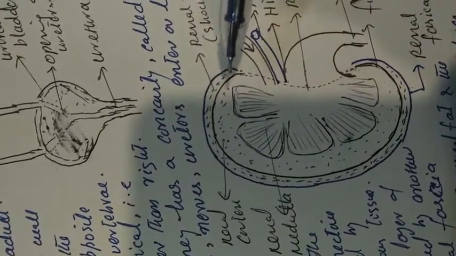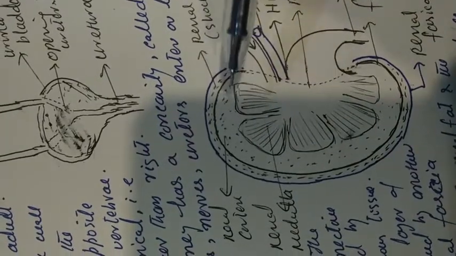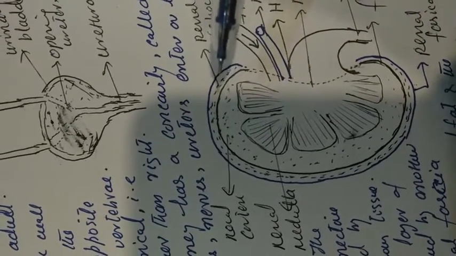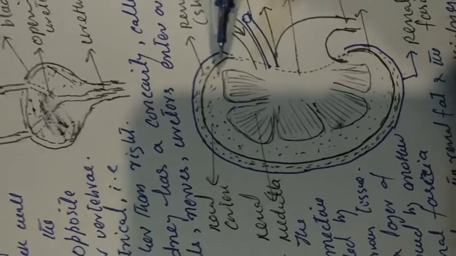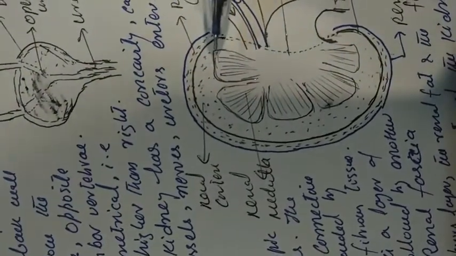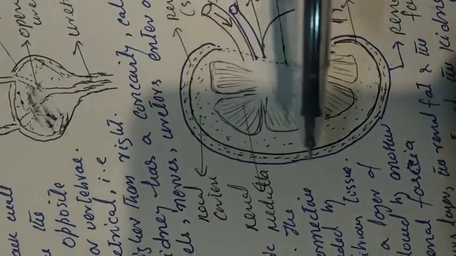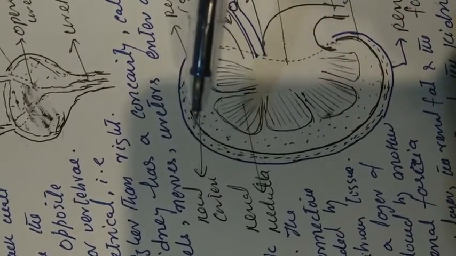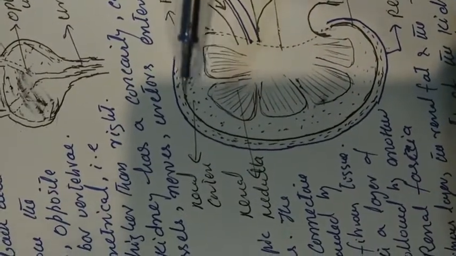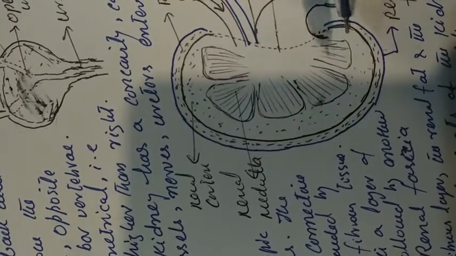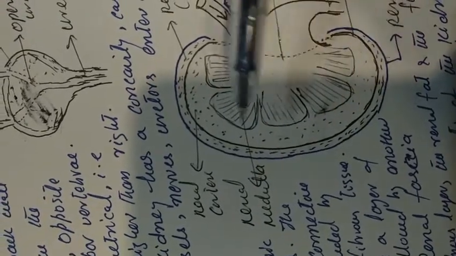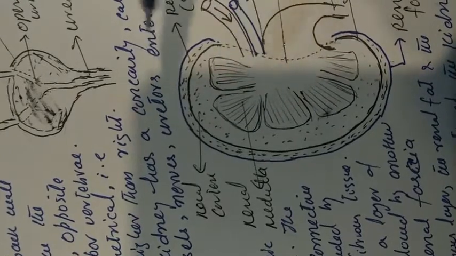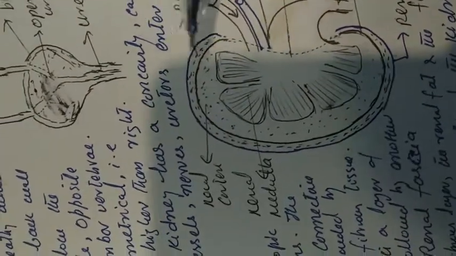After this fat layer, externally the kidney is again surrounded by a fibrous layer which is known as the renal fascia. So these three layers, the renal fascia, the fat layer and the white fibrous layer, form the protective covering around the kidneys. Now, depending upon the arrangement of nephrons